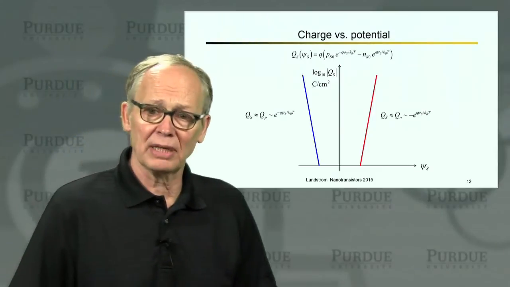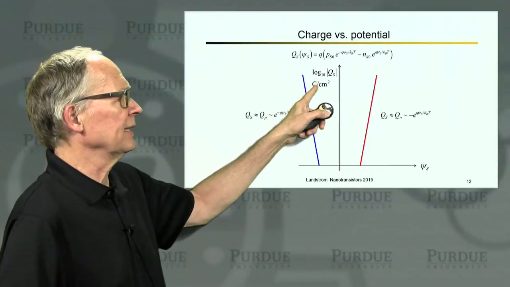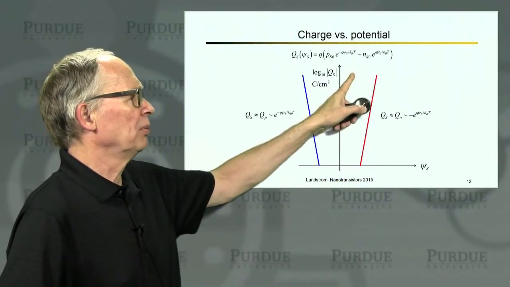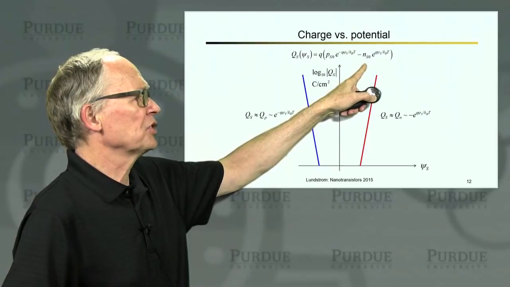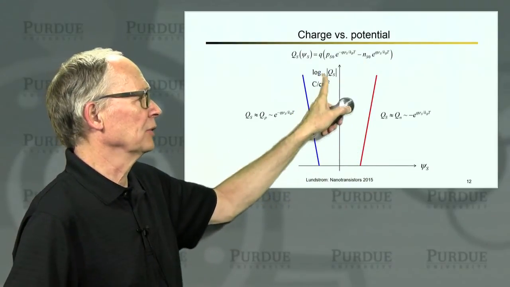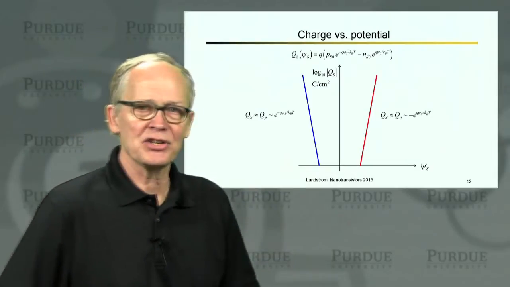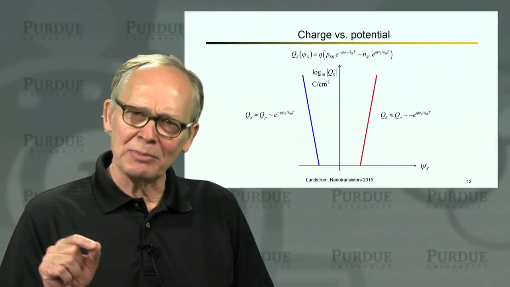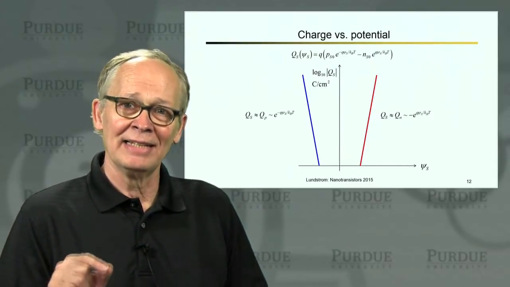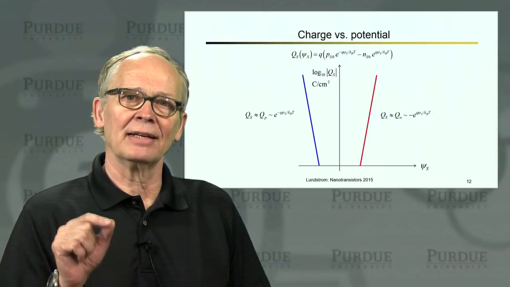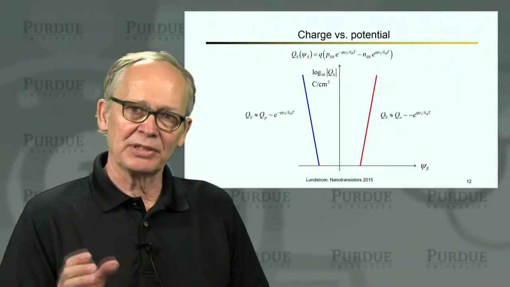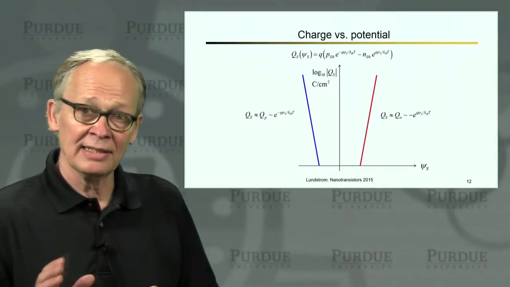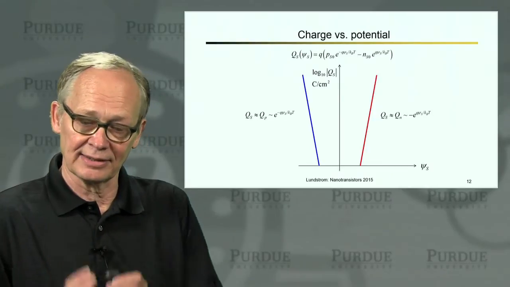So if we do a plot, our plot would look something like this. This is the charge in a semiconductor versus potential in the semiconductor. If we apply a large positive voltage, most of the charge is negative. I'm plotting magnitude of charge here, so it just increases exponentially. It increases exponentially as Q potential over KT. Remember in the bulk it was Q potential over 2 KT. That 2 comes because of the fact that the confining potential in the bulk depends on the surface potential itself, because the electric field is changing. In this case, the confining potential is just the thickness of the silicon.